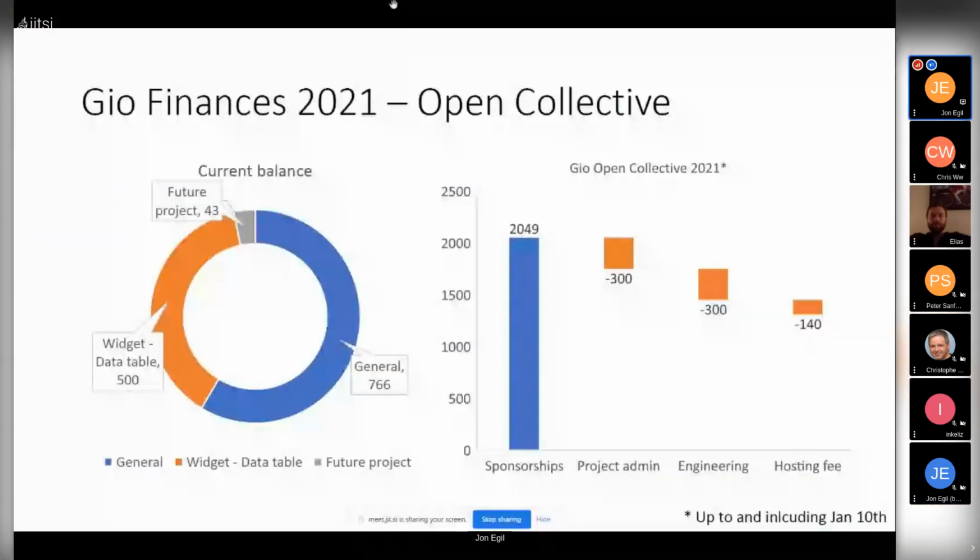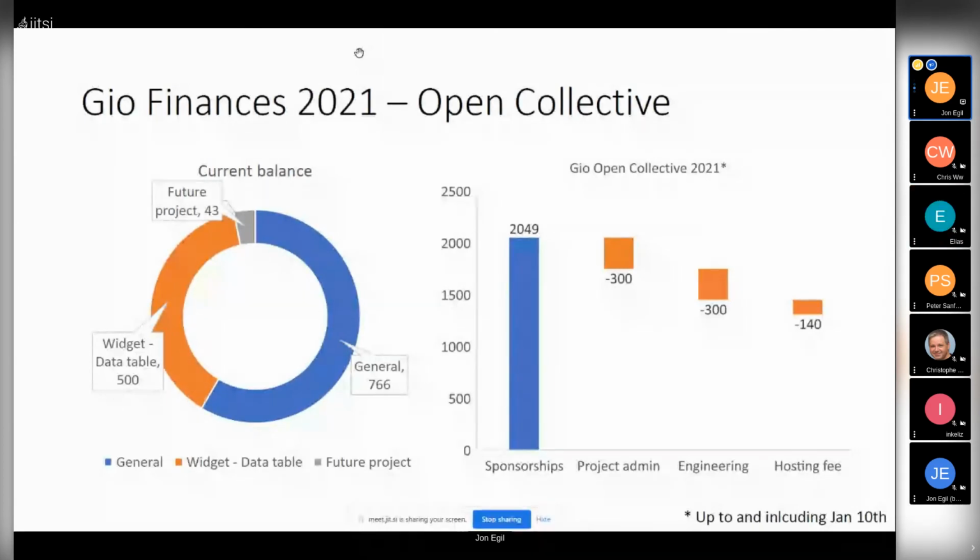I'll close off before we end the recording with some transparency on our finances. I think that's always nice when we have the privilege of spending the community's resources just to talk about what's going on in the world of money. Let's see if this now works. I'm trying to share a slide. Okay, perfect.